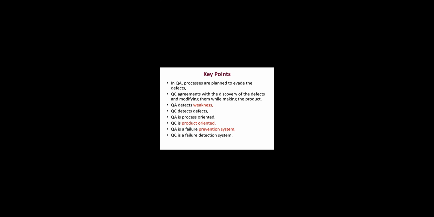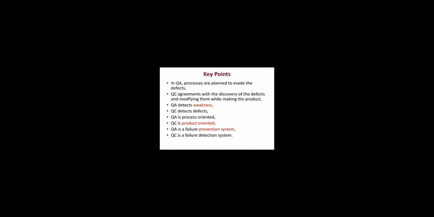So far we discussed the basic concepts in software metrics, like quality assurance. What is quality assurance? Quality assurance is the process or plan to eliminate the defects in our project. And quality control is concerned with the discovery of defects and modifying them while making the product. Quality assurance detects the weaknesses, and quality control detects the defects. Quality assurance is a